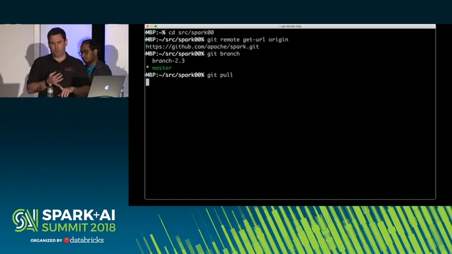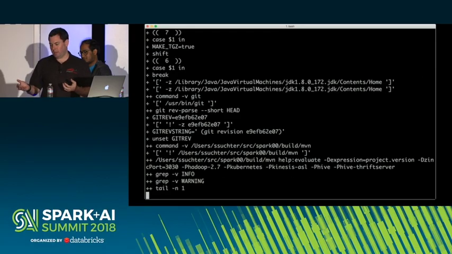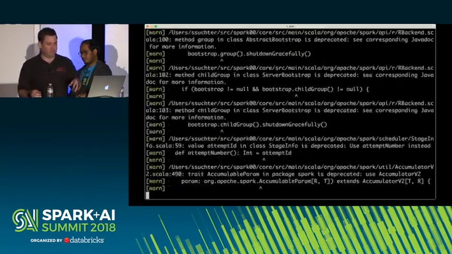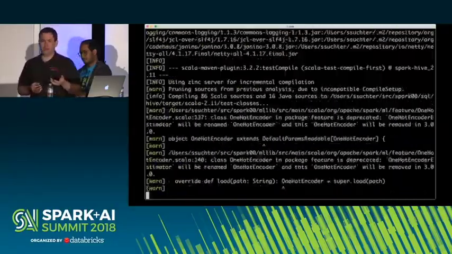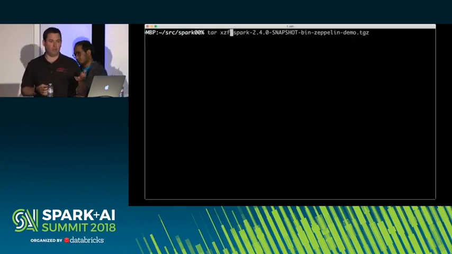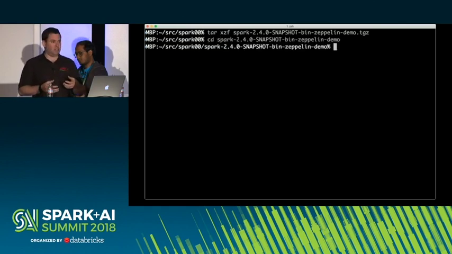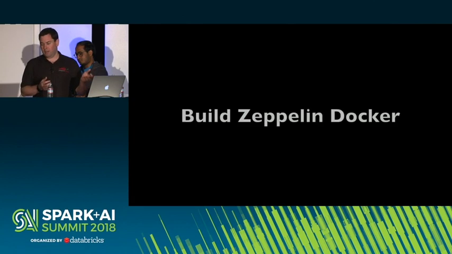So then the first thing we're going to do after we get a pull is we're going to make a Spark distribution tarball. And this takes many minutes. And so this is an example of the video going much faster. Once we get this Spark distribution tarball, the next thing we're going to do is we're going to unpack it. We're going to CD in there, and we're going to use a script that's designed to build a Docker image. In this case, it's actually building the image right in the Minikube Docker repo. So there's not going to be any pushes of the Docker image around because it's built right in the repo.